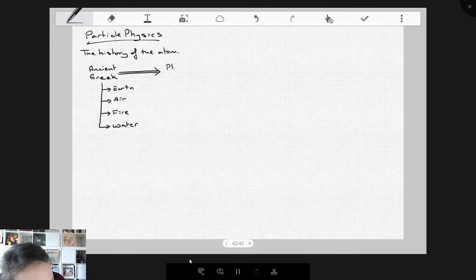Okay, the next idea about the atom actually is about 2,500 years later, and it's the plum pudding model. Now, the plum pudding model has an atom as a kind of lump of positively charged stuff. In my head, I like to think about this as kind of like a big jelly. And in this positively charged lump, there are isolated negative charges. I like to think about that as being like fruit in the jelly. So an image of an atom in the plum pudding model is a bit like this.